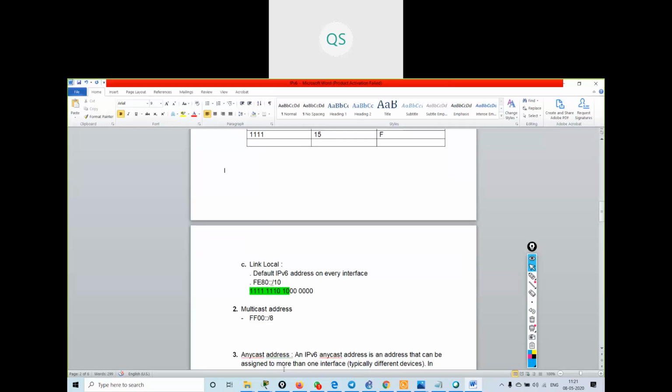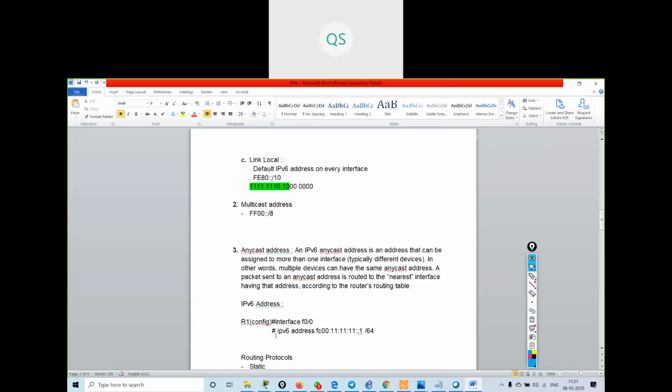Anycast address is one more type of address. An anycast address can be assigned to one or more than one interface, typically on different devices.